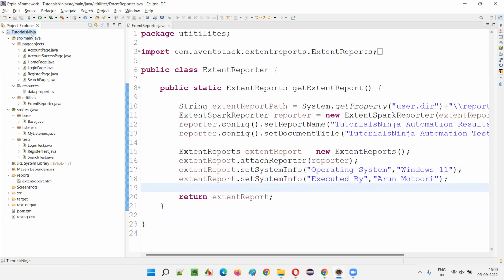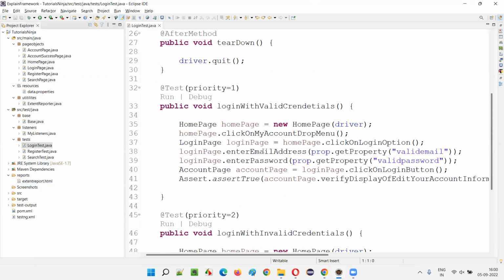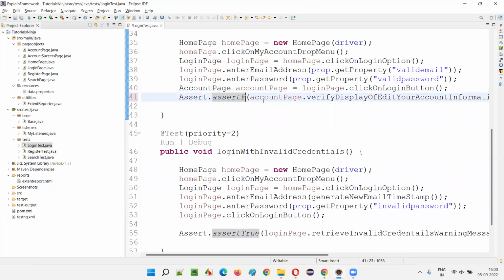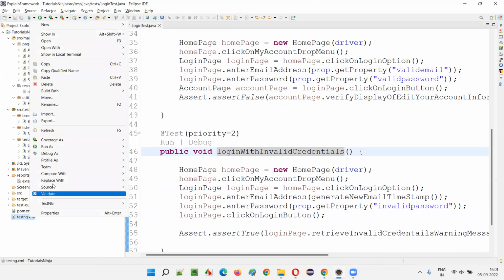Anyhow, I shared the project with you containing the framework. You can explore it by yourself with whatever explanation I am giving. So let's now try to intentionally fail a test, guys. Here all the automation scripts are passing, but instead of expecting true, I am expecting false, guys. Okay, I'm expecting false. So in this case, I run this testng.xml file, right click, run as TestNG suite